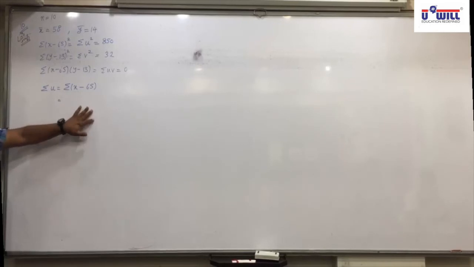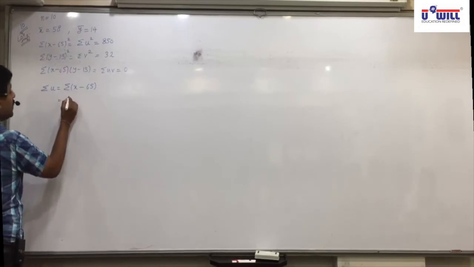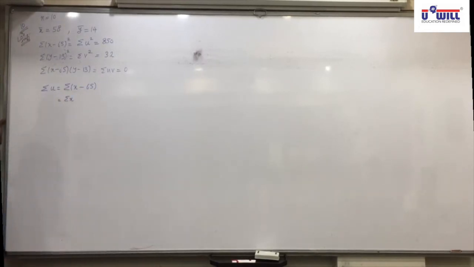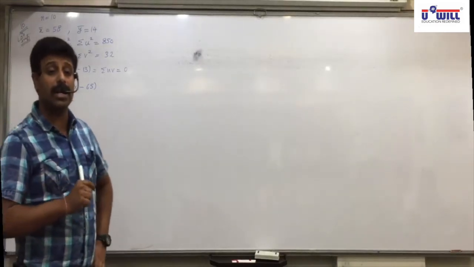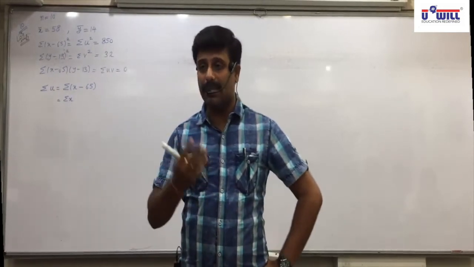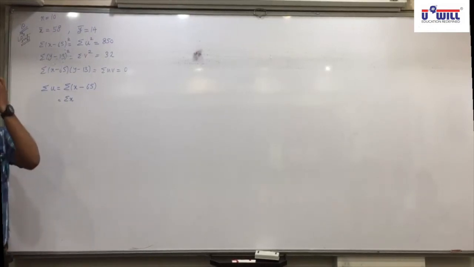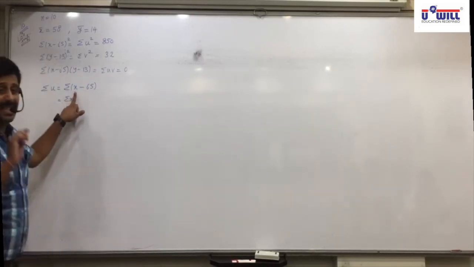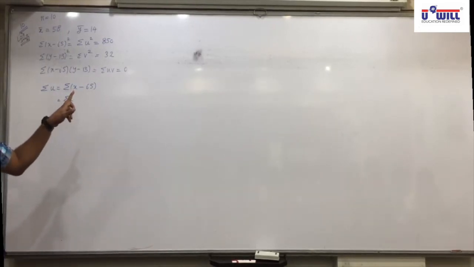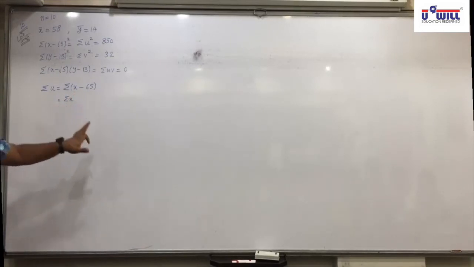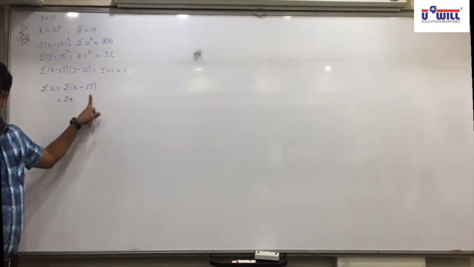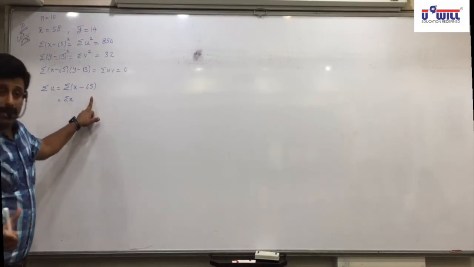Now next step, we have done this in geometric progression last year. If you open the brackets, sigma x will become sigma x. What will sigma 65 become? This I have discussed in geometric progression last year. Sigma x will become sigma x. What will sigma 65 become if you open the bracket? It will become n into 65. x is a variable which keeps on changing. The values of x are all different. But 65 is a constant number, meaning all the values will be 65.